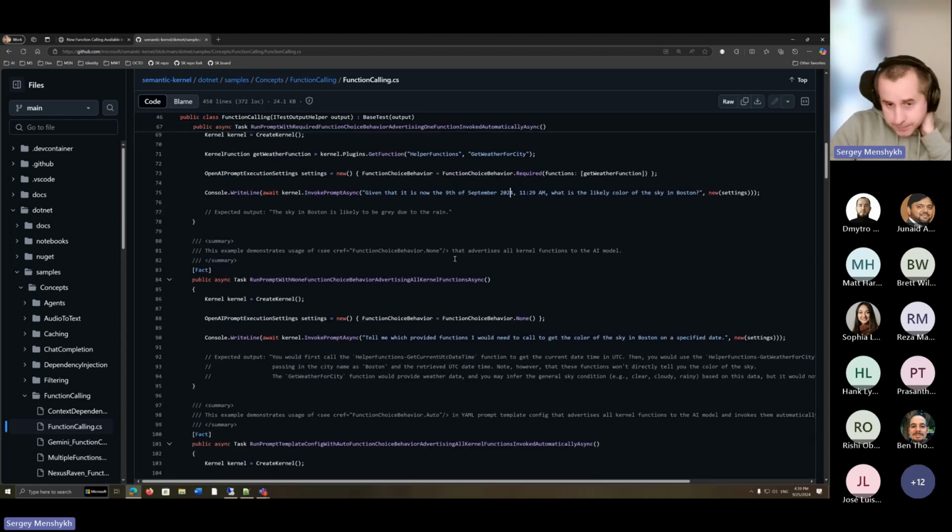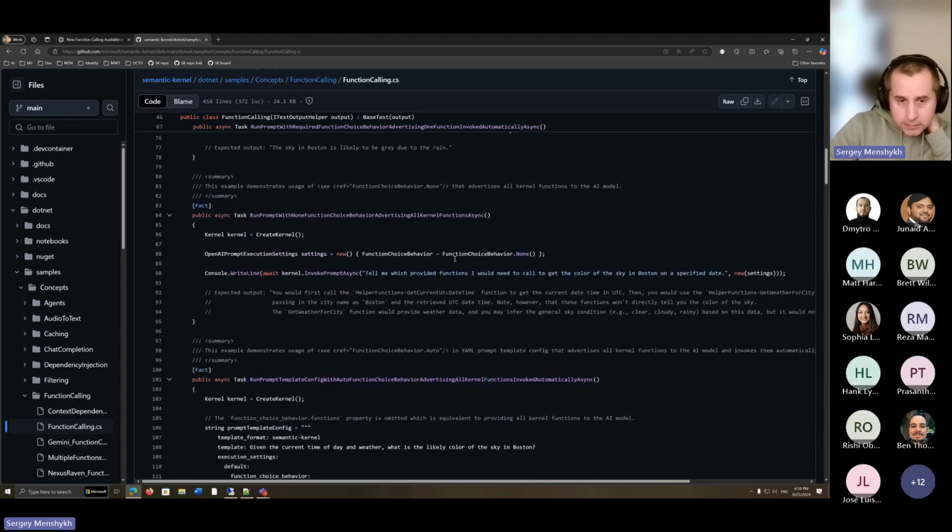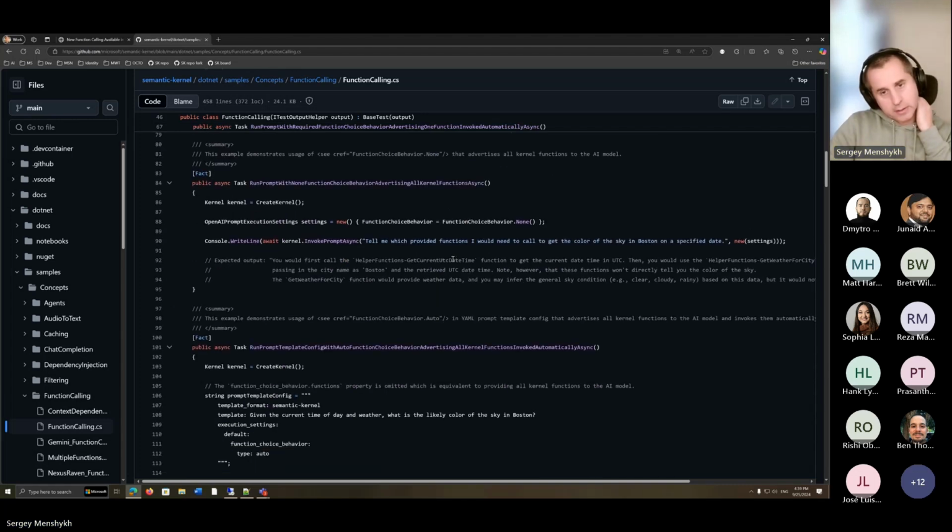So what next? Another interesting thing: we've introduced three function choice behaviors. We have auto, required, and none. Auto allows the model to decide whether to call the function or not. And if the model decides to call a function, it needs to decide which one, or more than one. But again, auto doesn't force the model to call a function. It's basically saying, hey, if you need functions, here is the list of functions. But feel free not to call one if you don't need it